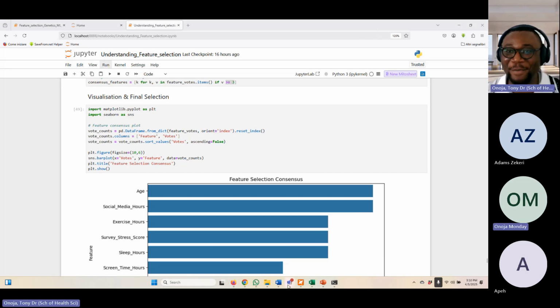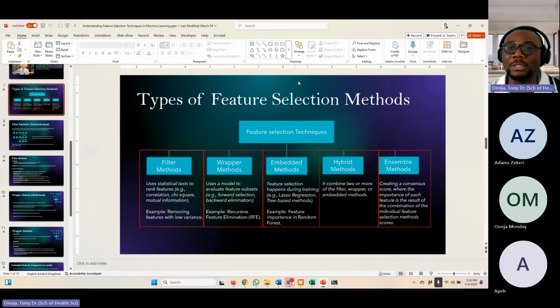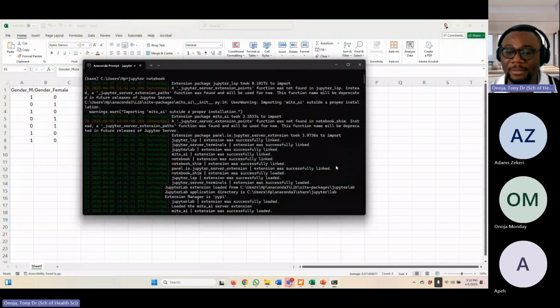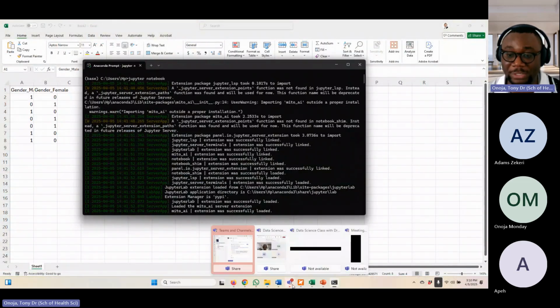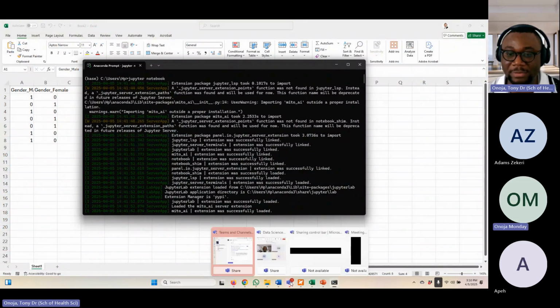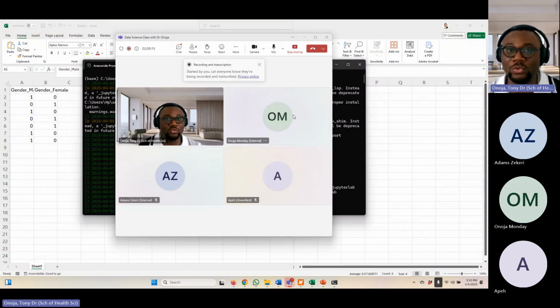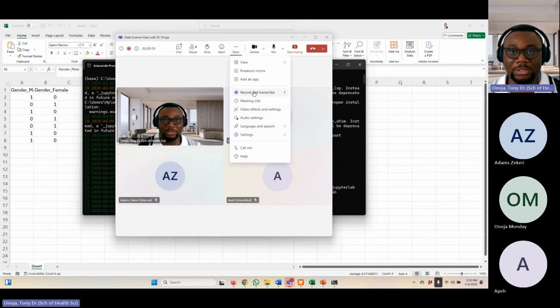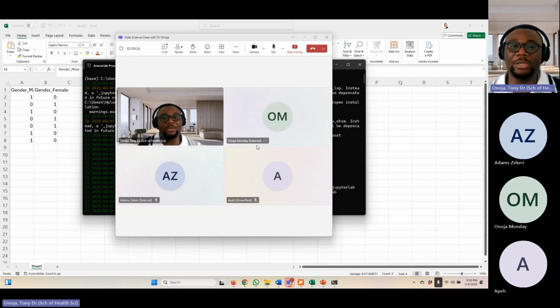Exactly. Okay. Anyway, another thing again is that sometimes it's not really an issue in every case, because there are situations where you don't need feature selection. You don't need it. So it's not every situation